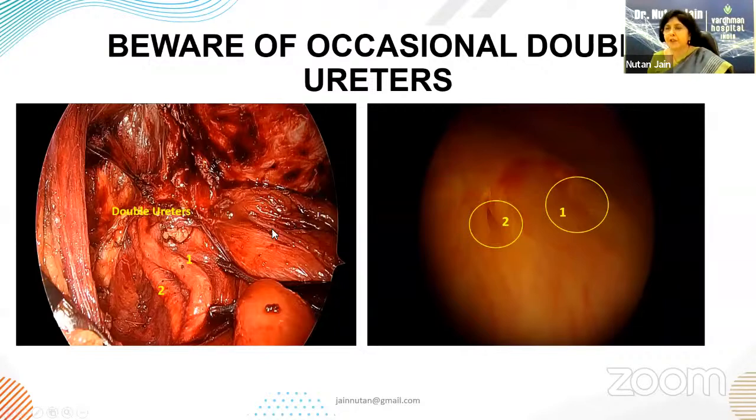them in 6 to 7 cases, and when you are opening the retroperitoneum, in all the cases, you tend to come across double ureters. So be very careful at what you are cutting and what you are not cutting or